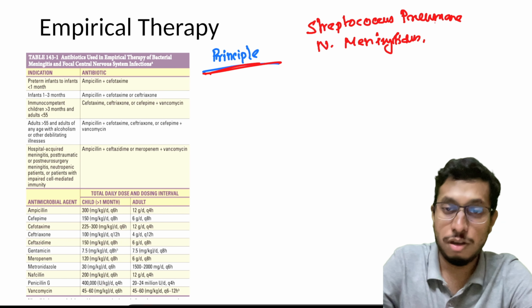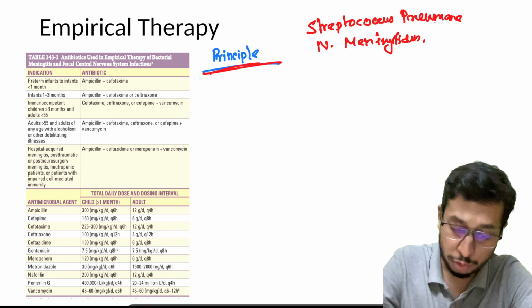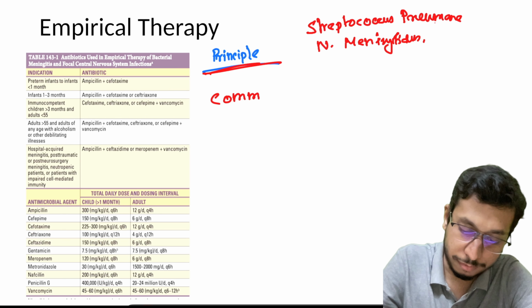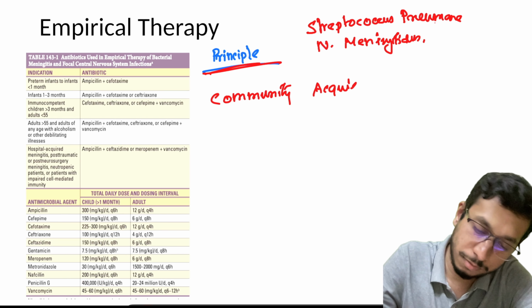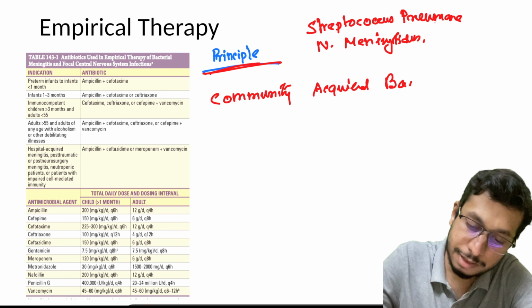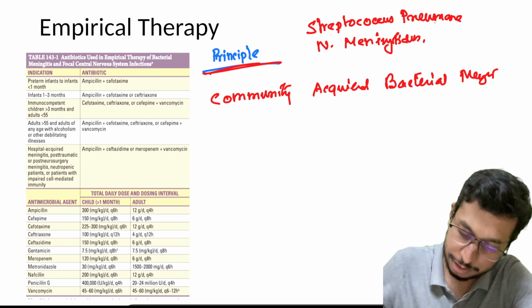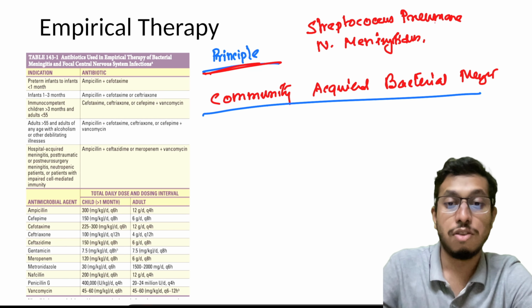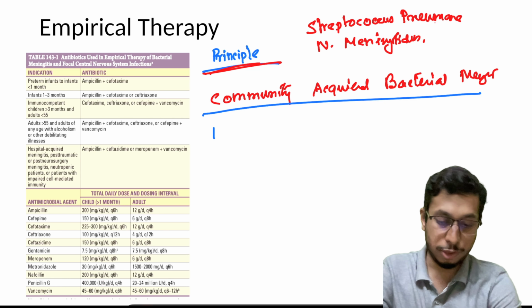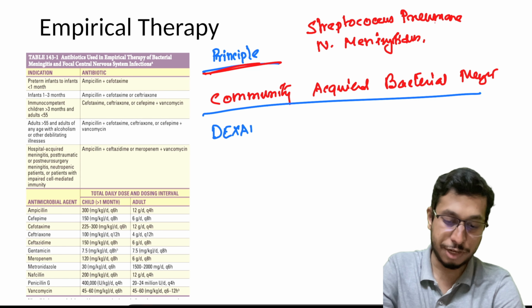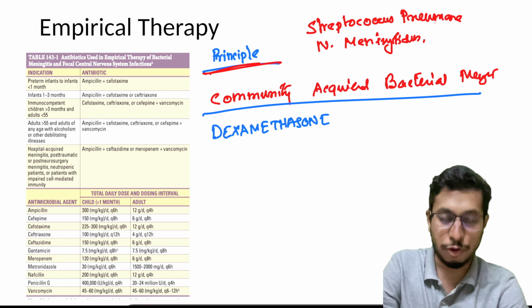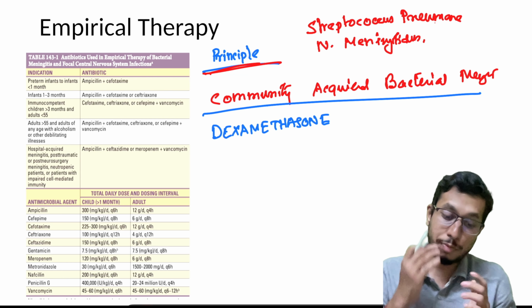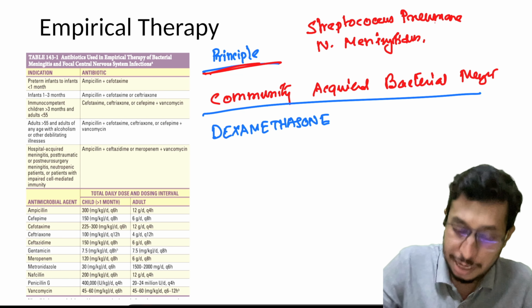Okay. So we'll give a base regimen for community acquired bacterial meningitis. All right. So we'll give a base regimen for it. So what are the things that we need to give? Remember, we need to give dexamethasone for CSF penetration just before antibiotic. So we can give around 20 minutes prior to antibiotic therapy. Choice should be third and fourth generation cephalosporin. Mainly, we can give